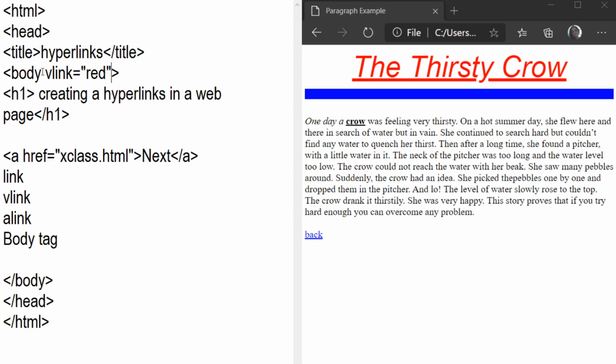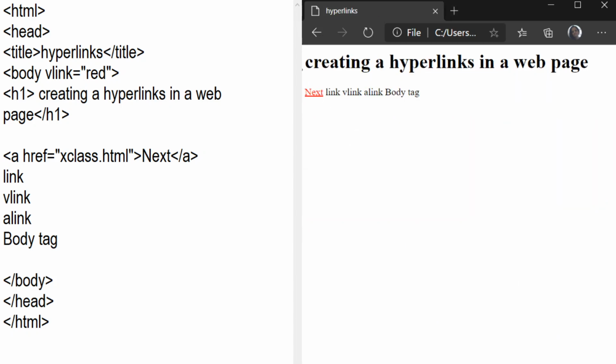So you can save this file, and after that again you can open your file here, and I will open my file. The name of the file is 10th.html. Opened it, and here, okay. So now you can see here, now our link is in red color, and this is our visited link.